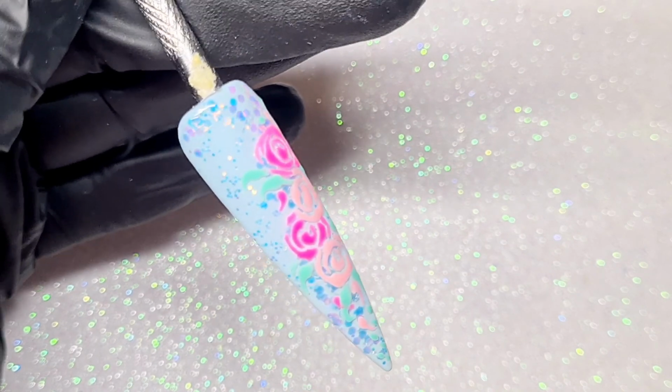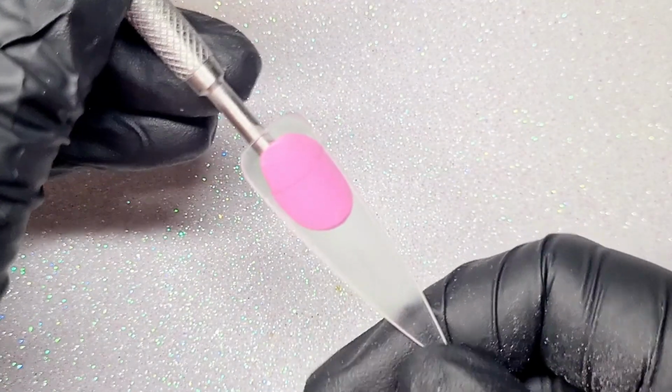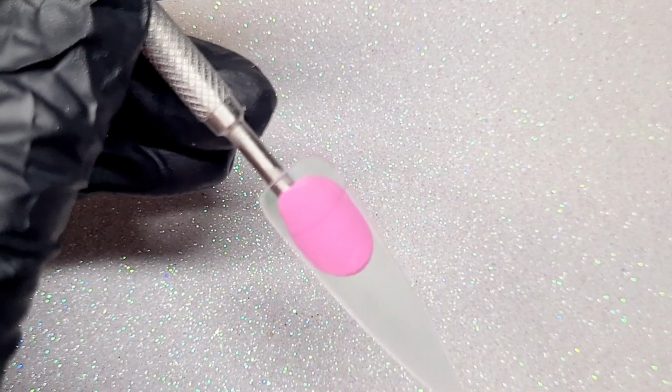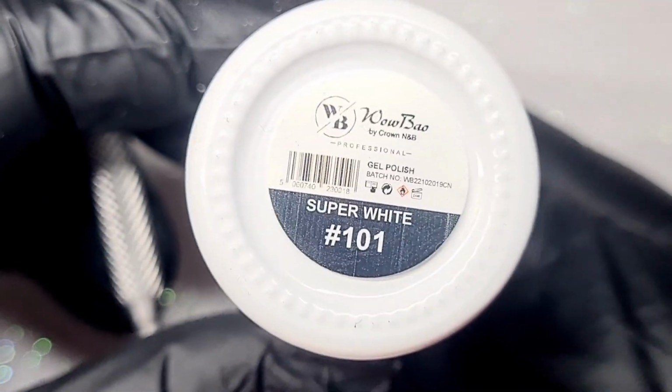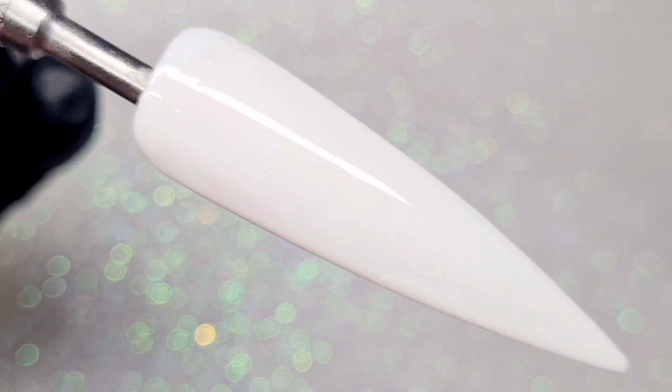So really lovely design there, something a bit different, a bit girly, which I really like. A bit springy, like I said. I do love a spring set. So this one I'm going to go in with a super white base, and I've done 2 thin coats,